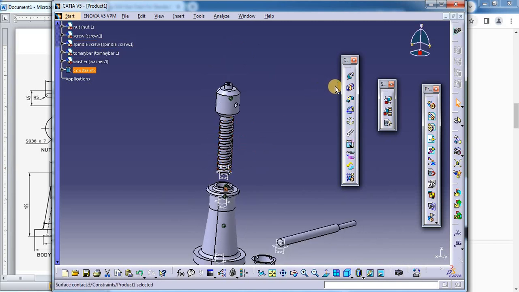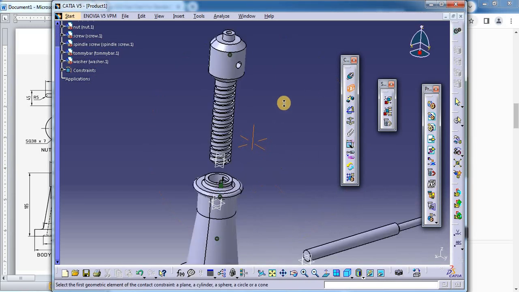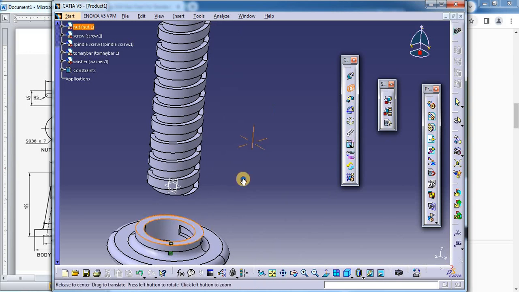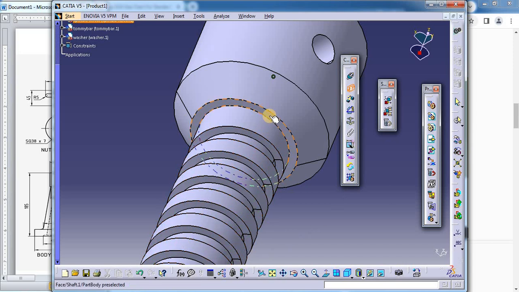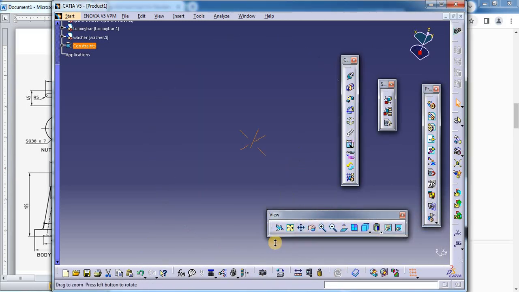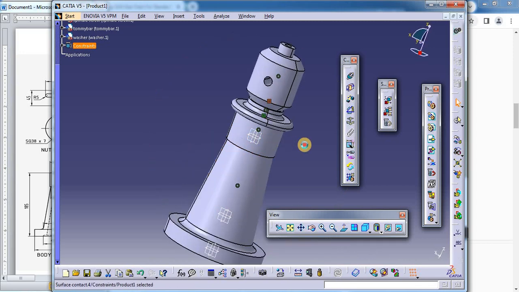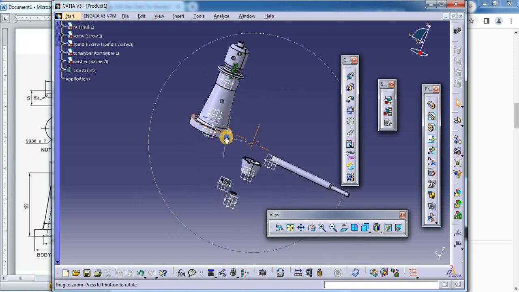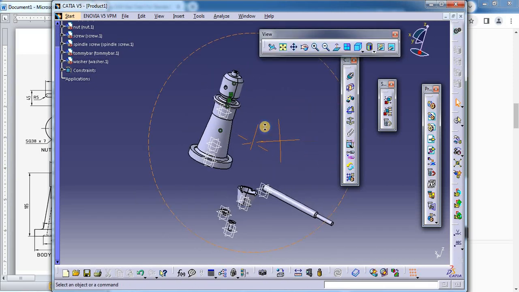Again in the same way, select this face and the below face of this spindle. Again click on update. Then we need to attach, let me push this above, and here